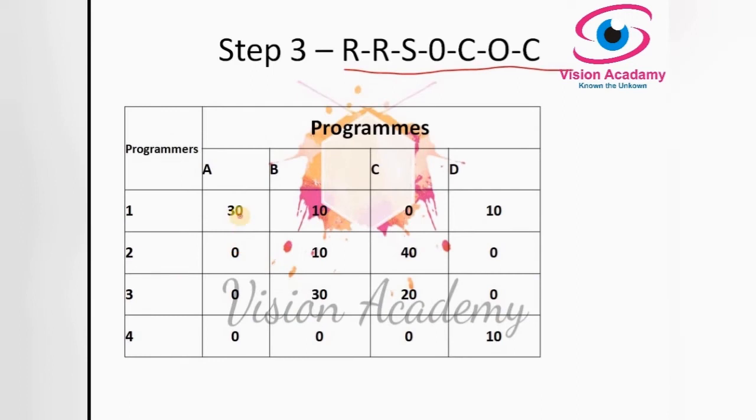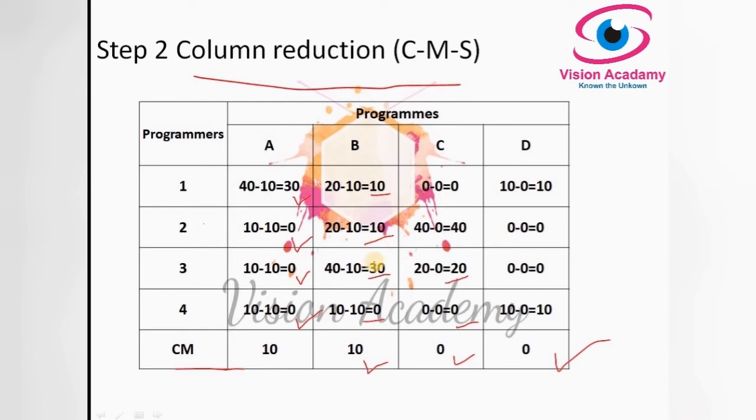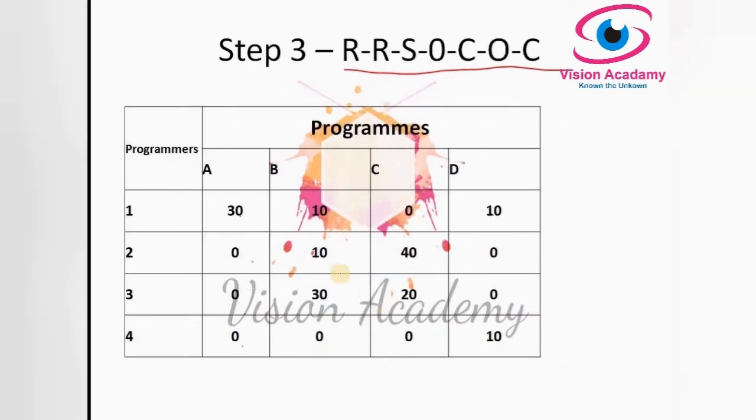So same thing, 30 0 0 0 and 10 10 30 0, 10 10 30 0. So this is simple. We have taken here the resulting matrix from step 2. It means column reduction. So let us give a treatment. What I told you in the third and fourth steps, we should start with the row. So from here, row, and you should identify the single 0. Yes, in this row we have this single 0.